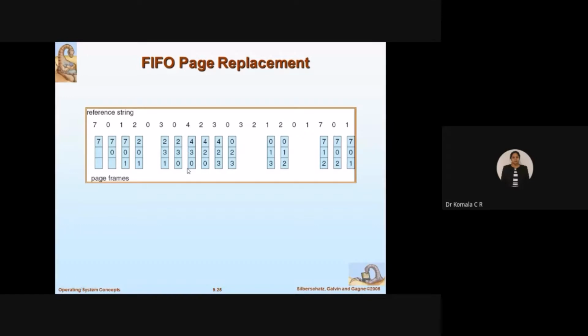Next step I have to fill 2. Is 2 here? No, 2 is not there. I have to fill it now. Which element do I have to go for? Previous step: 2 I have replaced by 4. So next block you have to take here. So now 3 you have to replace by 2. The rest you write as it is. 4 to be written. 0 to be written.